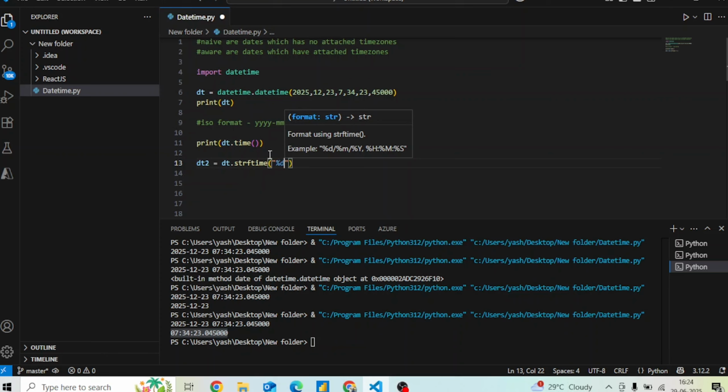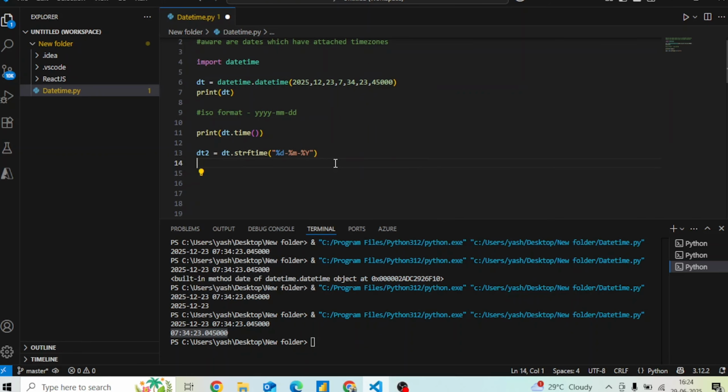So we will type %d, which represents the date, then a dash, %m, which represents the month, and then a dash, %Y, capital Y, which represents the year. These are all case sensitive, so do not place a capital D, it will not work. It has to be small d for the date, small m for the month, and capital Y for the year. Once we print dt2,